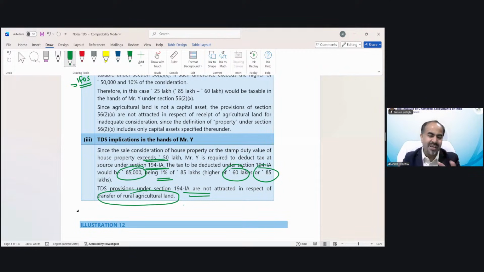So you can see the solutions of TDS questions are that easy. This is like an examination question. That would be the kind of question which could be asked in the examination. So point 1 and point 2 are from capital gain and income from other sources. But you can see that the TDS implication is so easy that if you remember the payer, payee, the rate and the amount, you would be able to solve the question so easily. Okay.